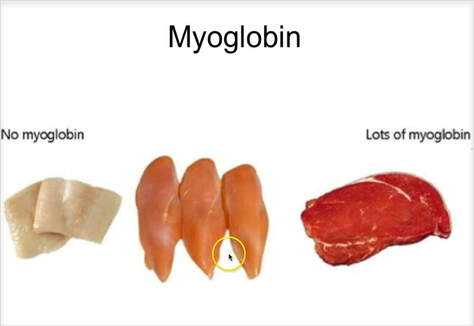I need you to look at these 3 pieces of meat. Which one do you think has the ability to carry more oxygen? You're like, meat carries oxygen? Well, it's got something called myoglobin. Kind of like hemoglobin is in your blood, myoglobin is in your muscles. If you look at it, this is really white. This is not great, but it's chicken breast, so we call that white meat. And this is a steak, and that's really red.